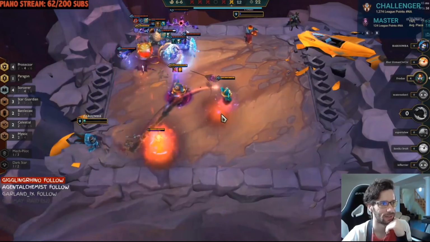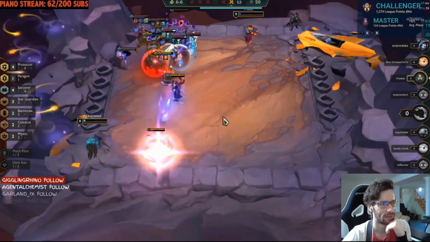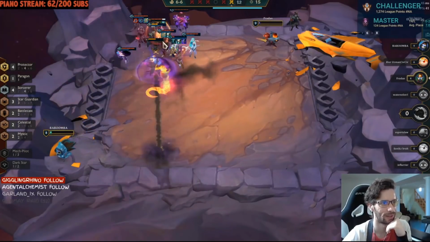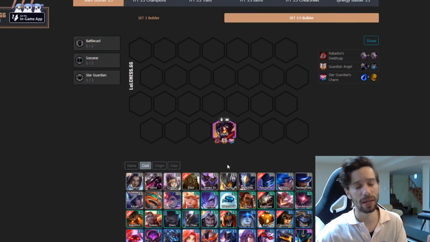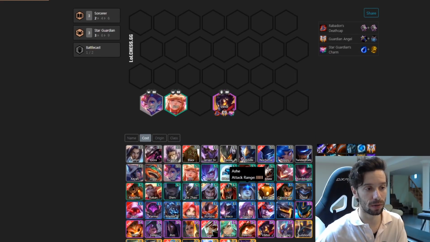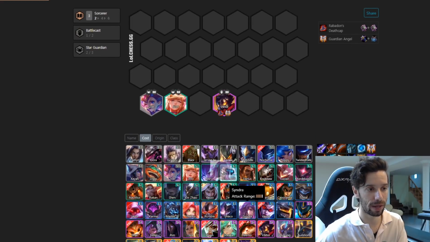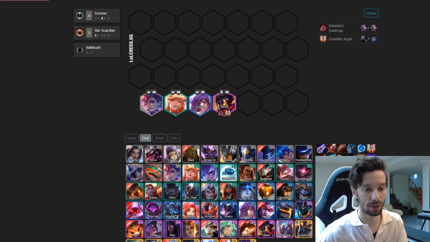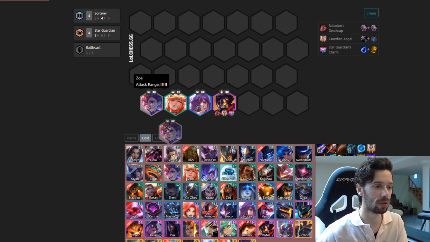Now, another option instead of the blue buff, if you get the chance, is the Star Guardian buff. Okay. And the way we're utilizing him is exactly like Vel'Koz, where he could fit in perfectly into a Star Guardian build, and Viktor is just our fourth sorcerer. Here we go. So this is without their Star Guardian spat. Viktor gets played as the fourth sorcerer, and with the Star Guardian spat, you can just drop the Zoe and